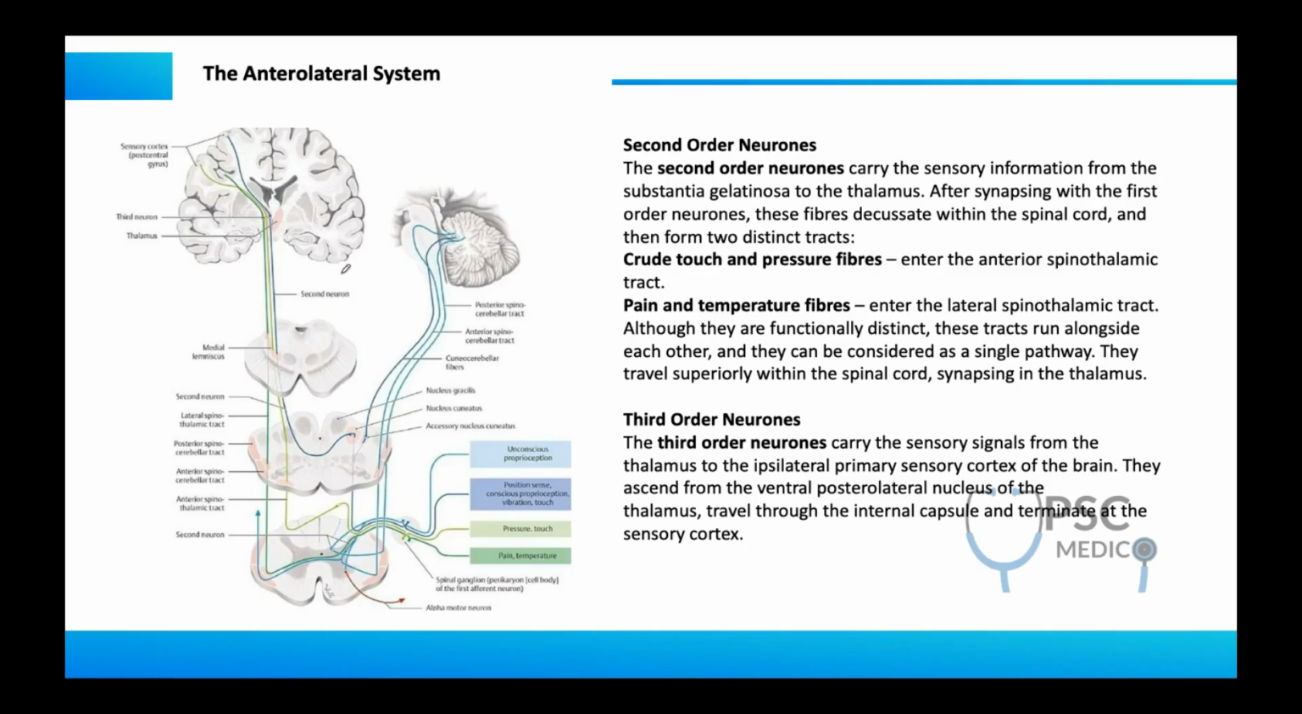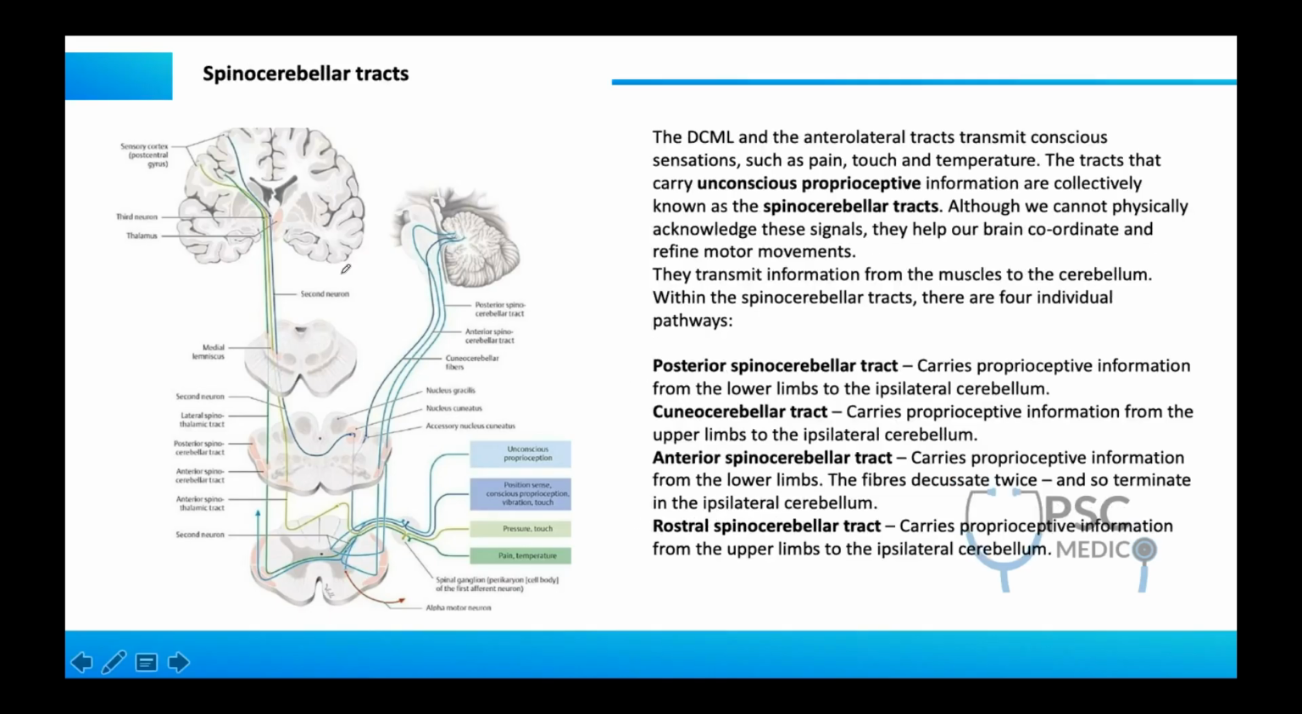So we're done with the two important pathways. One is the spinothalamic tracts, that is the anterolateral system, and the other is the dorsal column medial lemniscus pathway. Try to learn all these things by heart, very important, and draw this diagram. Next is